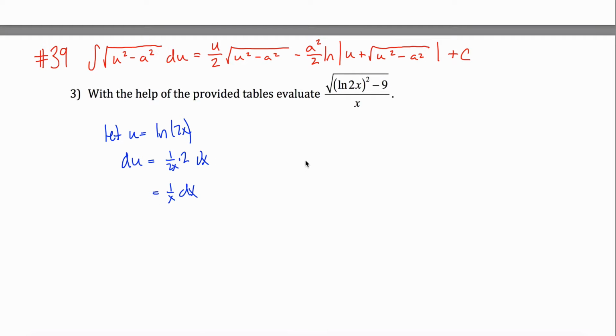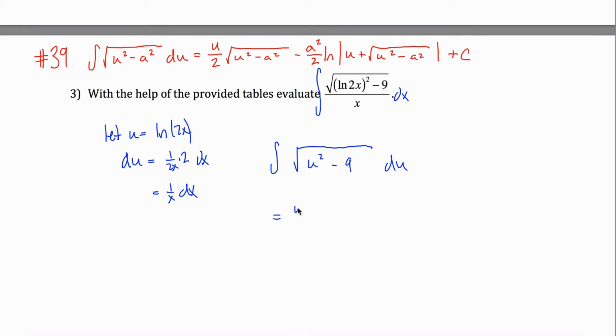So if I do that u substitution, evaluate what? I guess I should put an integral in there, huh? If I do that u substitution, what I'm asked to figure out is the integral of the square root of the natural log of 2x, which I'm calling u, so that thing is being squared, minus 9, and then 1 over x dx, I changed it into du. And you're like, oh cool, this fits this formula really well. I can use number 39 with a equals 3 to get